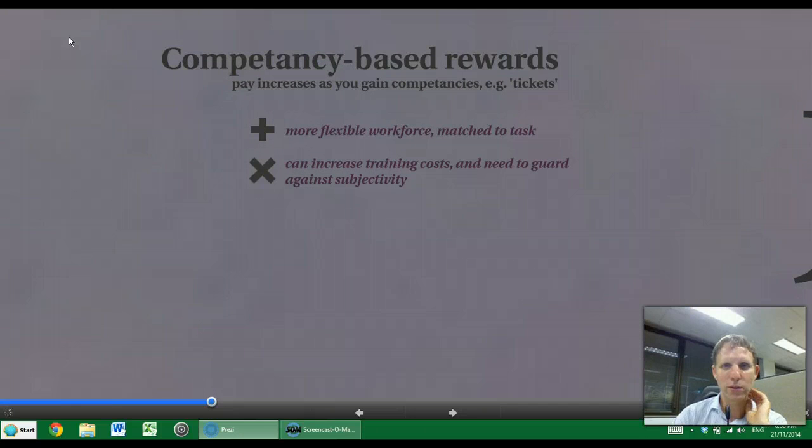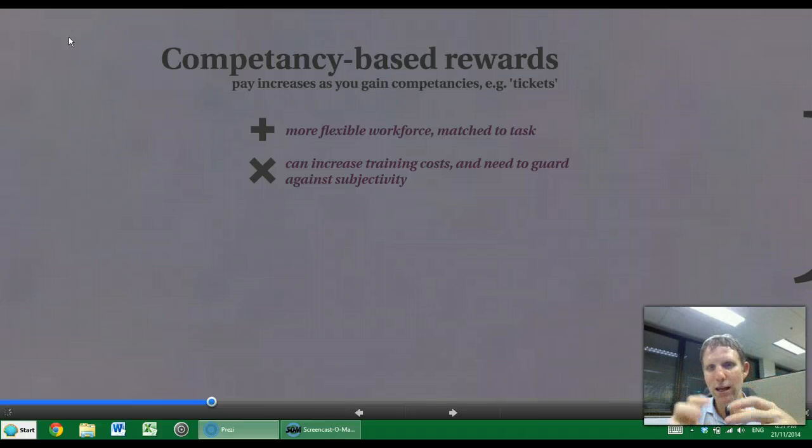Competency-based rewards. You find this, for example, in the mining industry in Australia. If you have a number of tickets to operate a backhoe, as well as operate a grader, as well as operate an excavator, as well as operate a bobcat, linking them with pay increases does make sense from an employer perspective, because the kind of people who have numbers